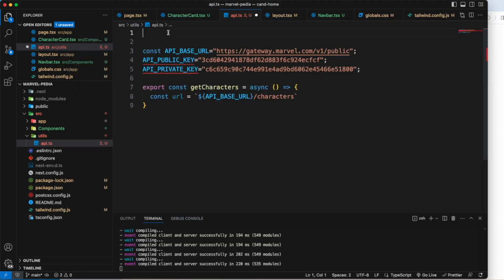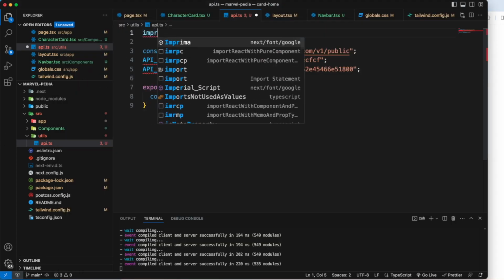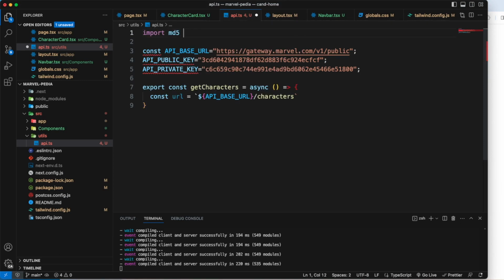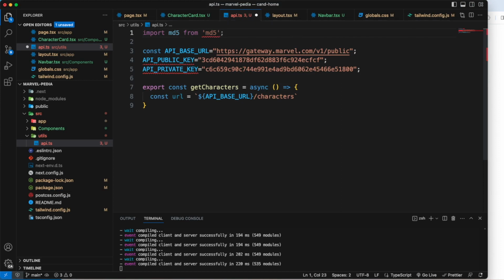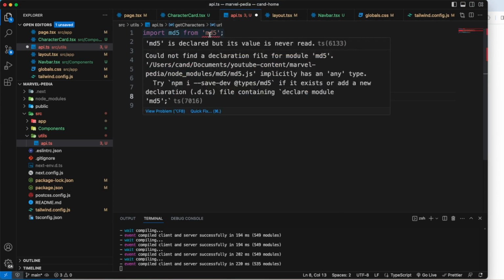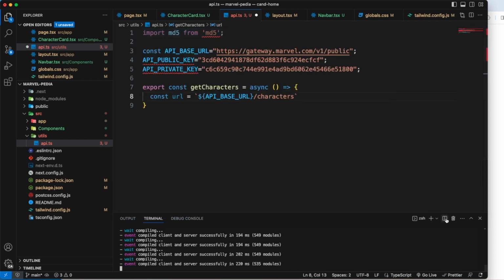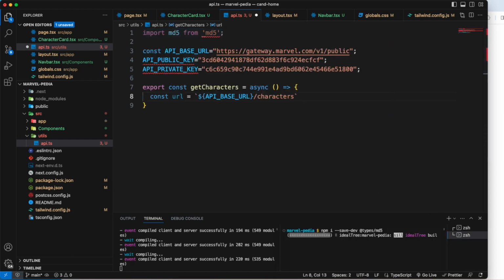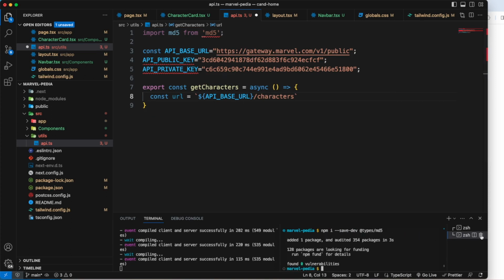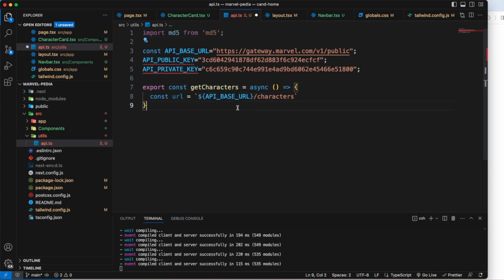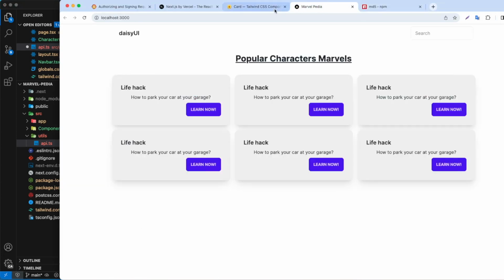So let's go back here. We need to say import md5 from md5, like so. And as you can see, we have some warning here because I'm using TypeScript, we need to also install the types. So let's just copy these types here, and I'm going to install @types/md5. Great, it's done. Of course, the error is going to be gone. Great. So now let's go back to the